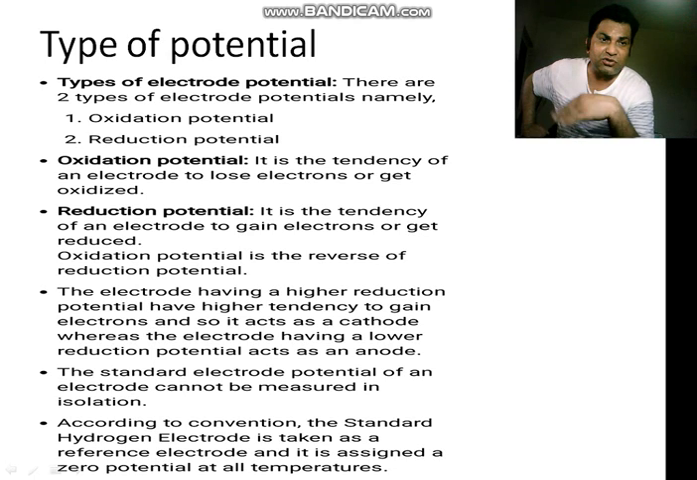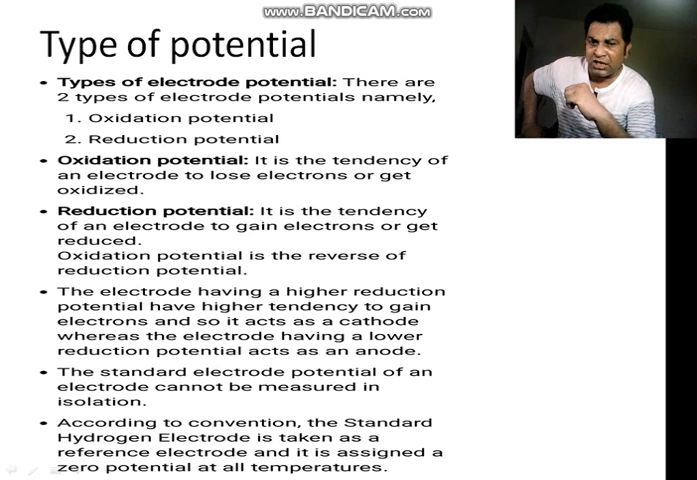So if you take one as plus, the other you will have to take as minus. The electrode having a higher reduction potential has a higher tendency to gain electrons, and so it acts as a cathode. The one which has more will pull electrons, so it is the cathode, whereas the electrode having lower reduction potential acts as an anode. So low value anode, high value cathode, we have discussed so many times. Okay, then